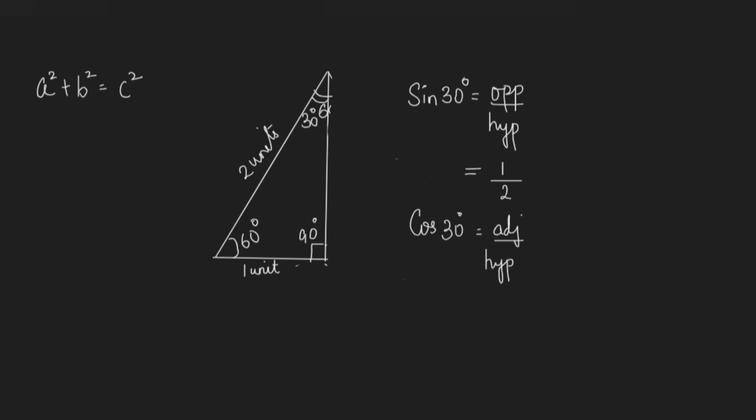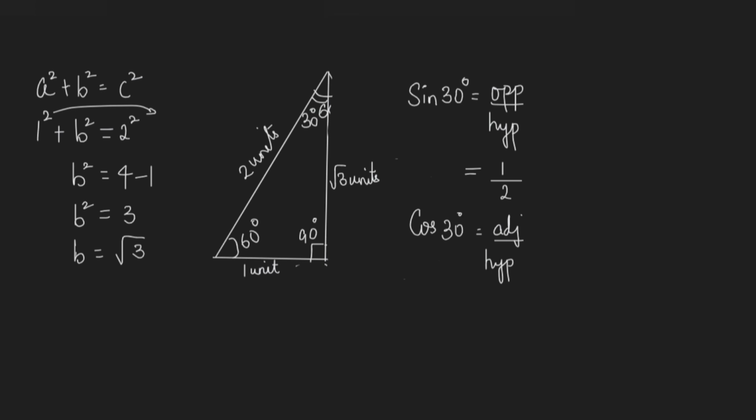Now here we know that a square is 1 square, so let's substitute that, plus b square, which is the adjacent side, equals the hypotenuse, which is 2 square. From this, b square equals 2 square is 4, so 4, if I bring that 1 here, it will be minus 1. So b square will be equal to 3, and it gives b as root 3. Now we have the adjacent side as root 3